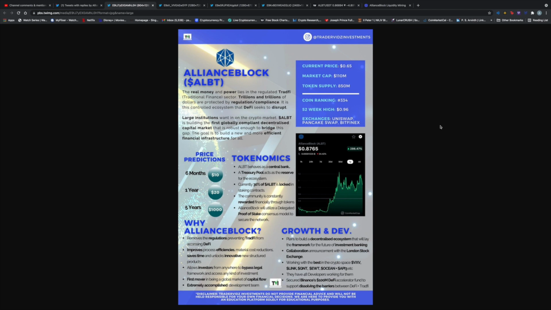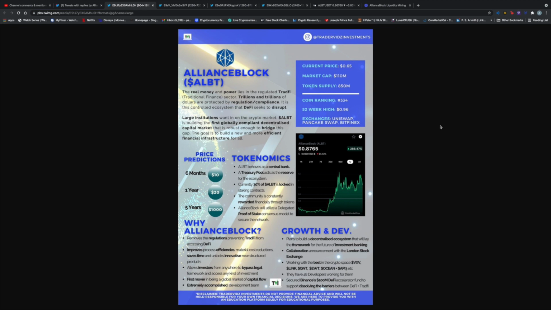You may think that DOT or Polkadot is huge with its market cap and its price. You may think that Chainlink is huge, but guess what? Alliance Block has not even hit its engine yet. It's not even gone its full speed and gear yet, right? With such a scarce circulating supply, of course not as scarce as Quant, but much more scarce than